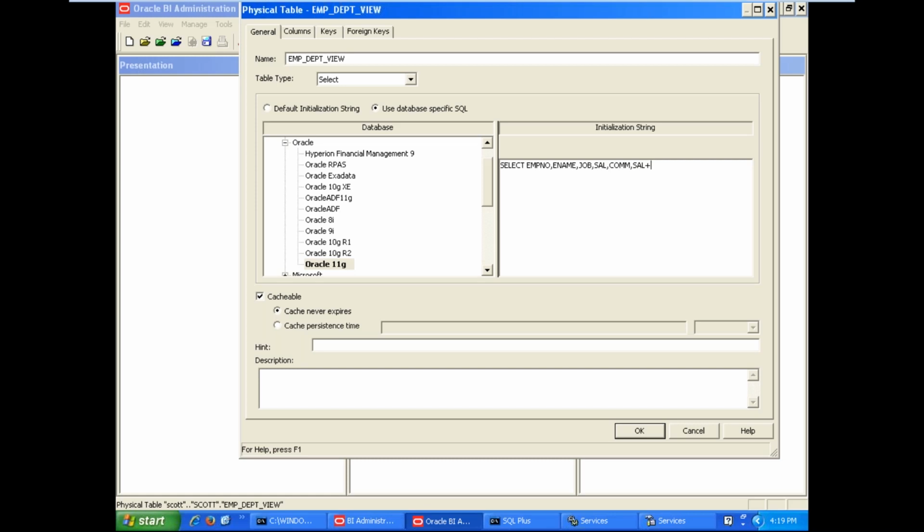If commission has a null value, then we need to replace that null value with 0. Here we are working with the Oracle database. In Oracle, we have one special null value function, in shortcut NVL. Here, for commission, if commission has a null value, then replace that null value with 0.